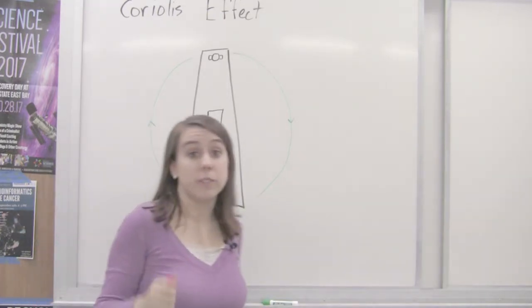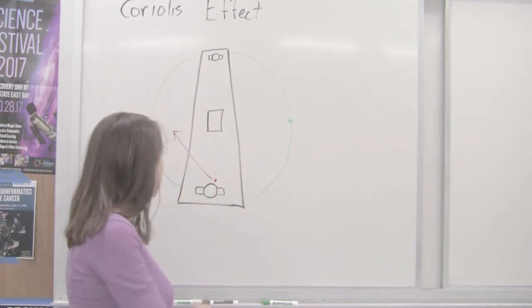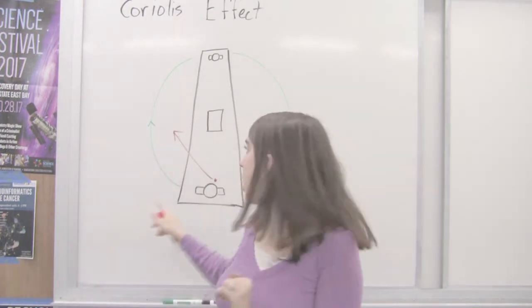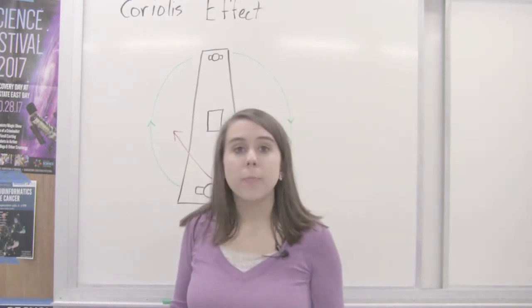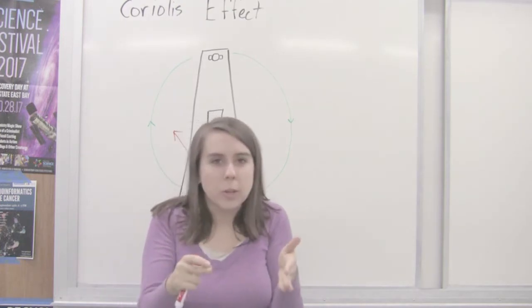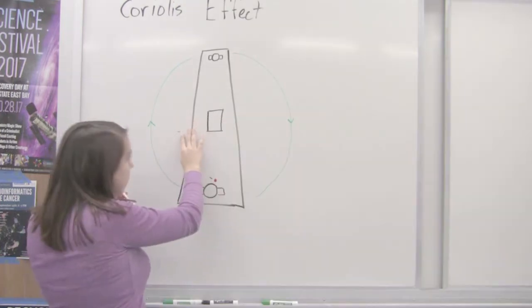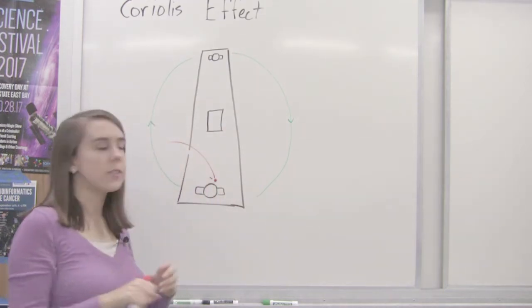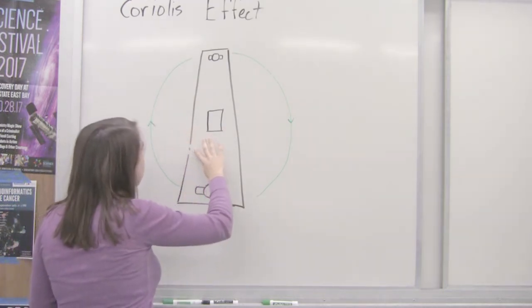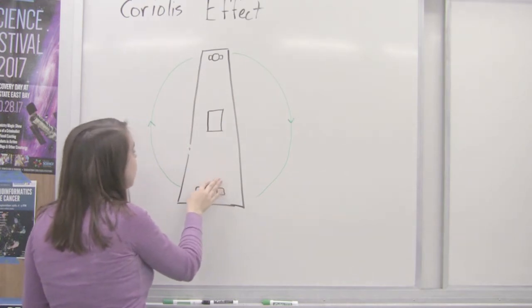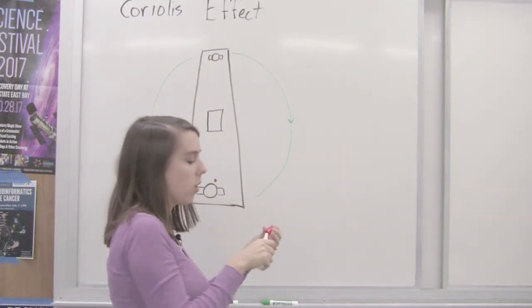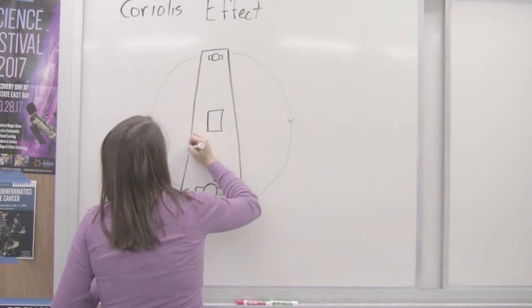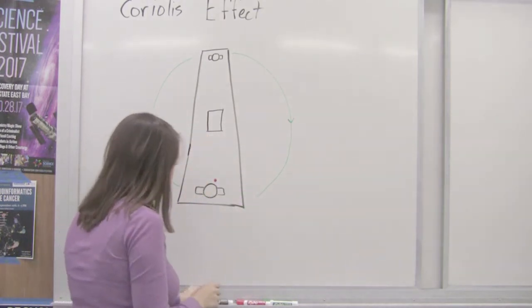If you look from above, you can see that this is what's happening. The ball actually does move in a straight line. It's not curving off. However, if you are looking from on top of the board, or if you're visualizing what it would look like if you're sitting on the board, it very convincingly looks like the ball is curving off to the left. And the reason for this illusion, for this fictitious force called the Coriolis force, is that as you're going around,